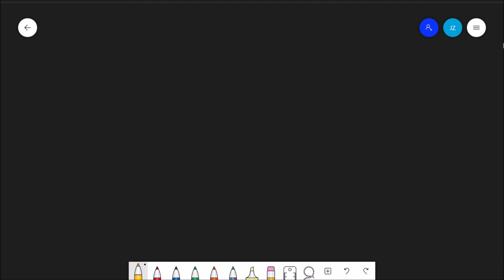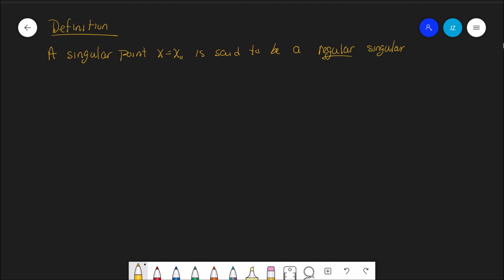We now examine singular points. So remember, a singular point was any point that was not an ordinary point. However, there are two types of singular points. So we consider a singular point x0, and we say it is a regular singular point of the differential equation